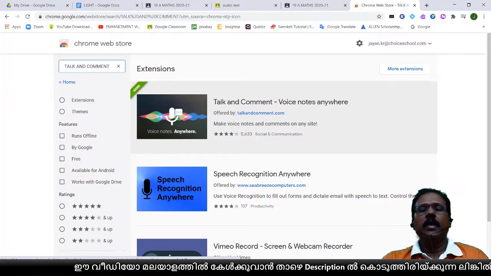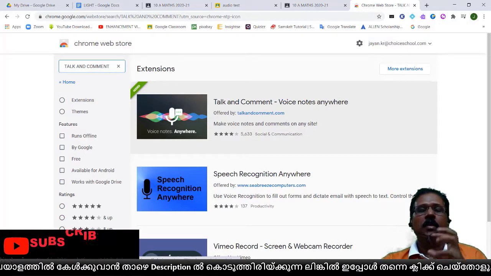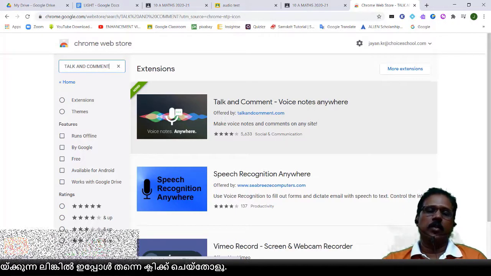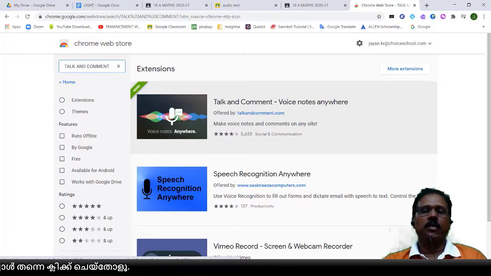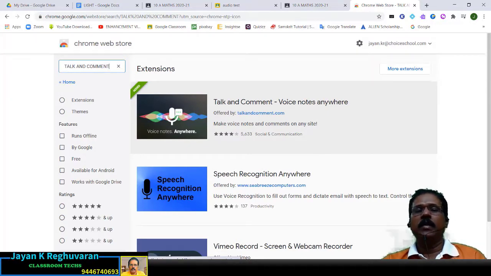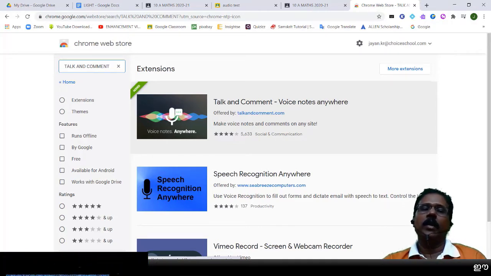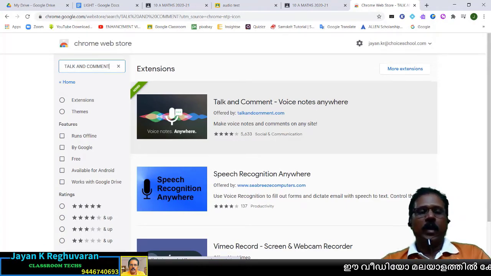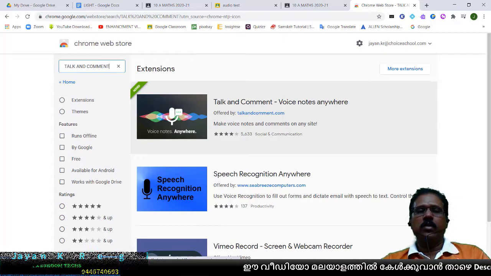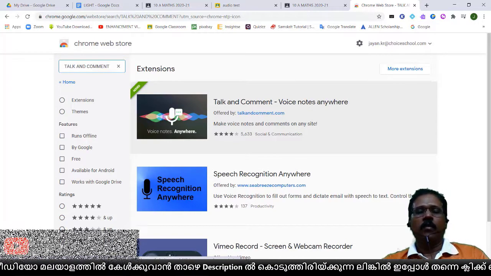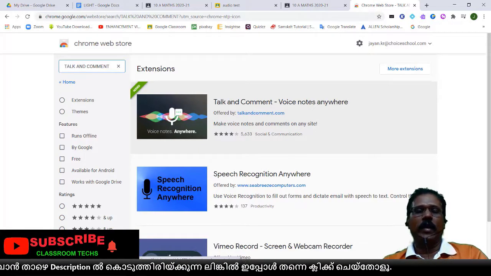And why I am telling about two applications means, with the first application you can send only a 30-second message, and that is very useful also. Only 30-second messages we can send as comment. But the second one, we can use unlimited time for the comments. But there is one difficulty also, that's why I am telling two applications. You can use both. What is the difference, I will show you when I am explaining this.